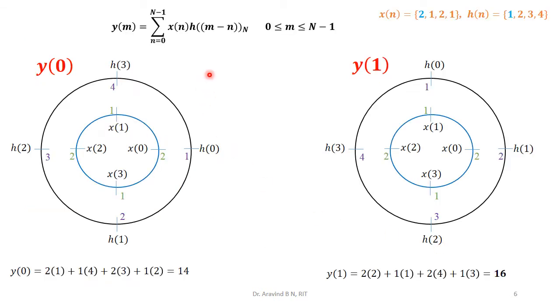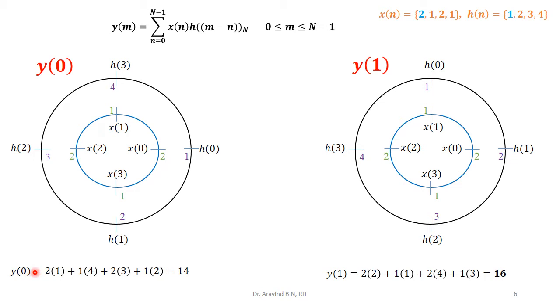Okay, so here also the procedure: write down the formula first, then start calculating with respect to y of 0, y of 1, y of 2 and y of 3. With respect to y of 0, once again you need to identify the inner circle x, anti-clockwise sequential representation, and the outer circle with respect to h, clockwise sequential representation. So the very first circle you need to identify properly, then the remaining will be simplified representations. From this we are going to calculate y of 0.